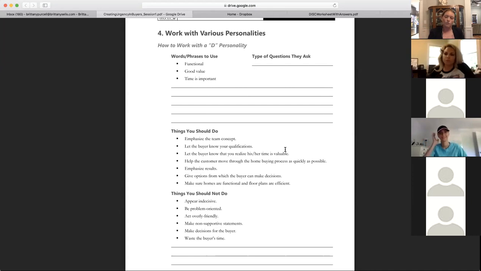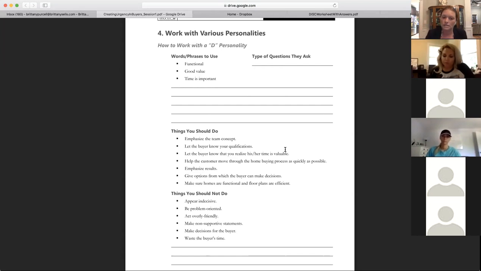They want to hear, we have this really awesome service called Showing Time that puts you in charge of the showings. It's going to send you a text message or a phone call or an email or all three, and then you get to make the decision on whether you accept, decline, or you want to counter them. Super easy. You're in control. You don't have to wait for me. It saves us both time, energy, and it puts the buyer in your house, which will bring you an offer quickly. That's the way you present that to a high D, right? Here's the value, here's the reason, save time, bullet points.